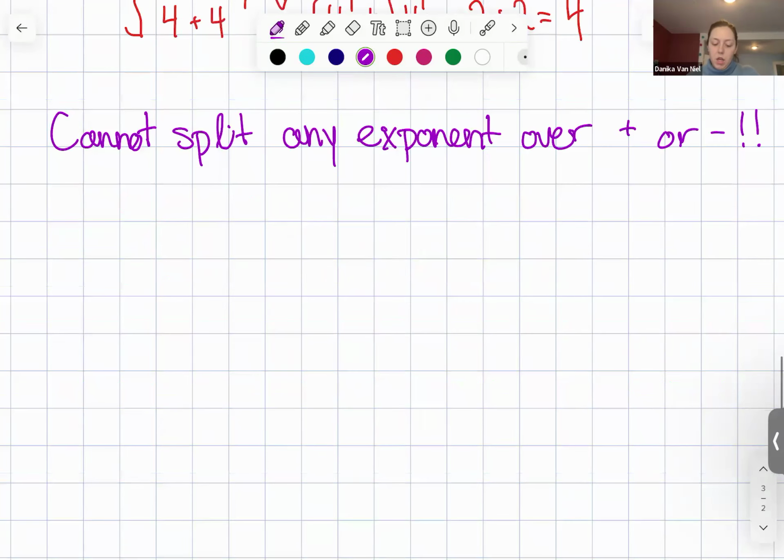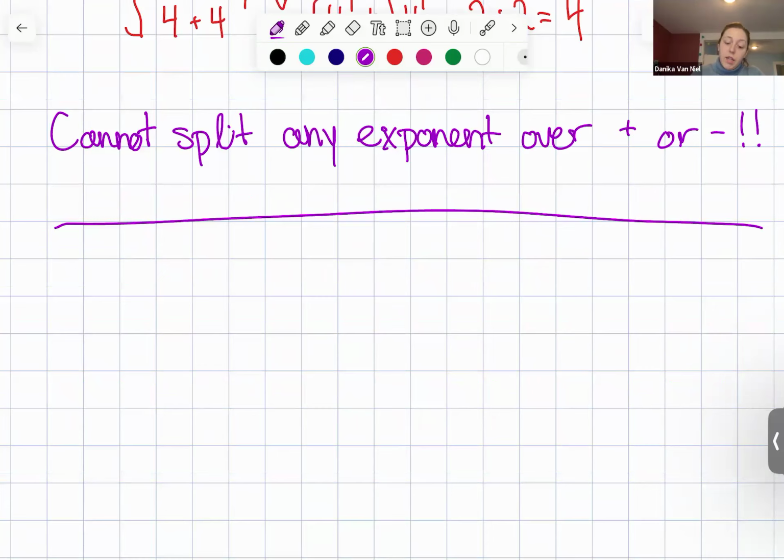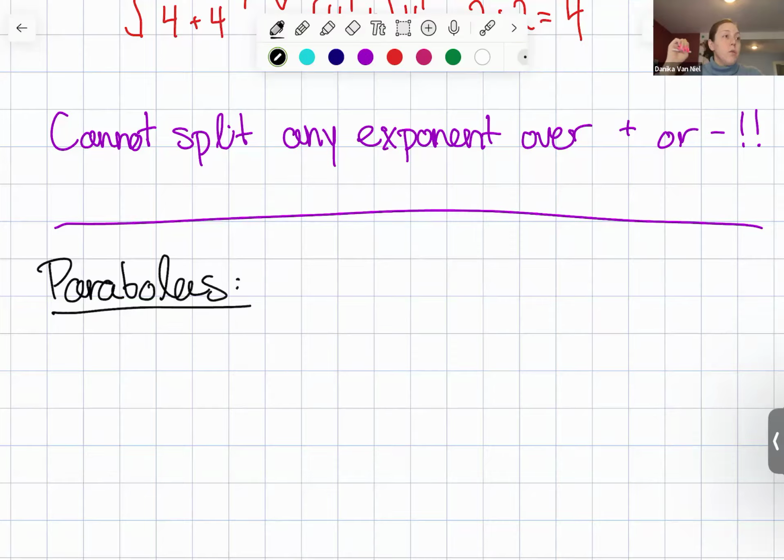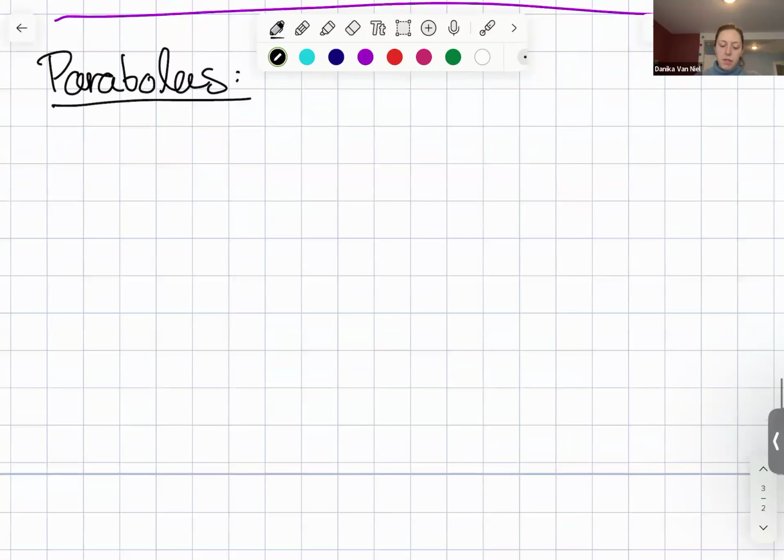Okay. All right. So, parabolas. There are so many other shapes, right? If you go on with your calc journey, you'll learn about so many other shapes. The next one I want to talk about are parabolas. So these are cool. Probably the main example that people know about is y equals x squared. So let's start with that one, right? So example,